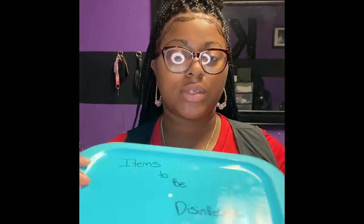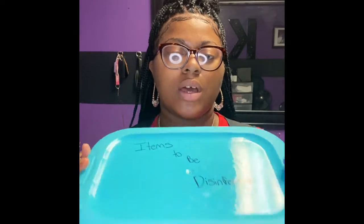And then basically what I would do is, as you can see, it says items to be disinfected. So I will take all the instruments that I used today on my client and put those in here. And what I'm going to do is disinfect it. I'm going to put this in soapy, lukewarm water. And I'm going to clean it with a brush, get all the debris and dry particles on it off. Once that, I'm going to clean it, and then I am going to, like I said, use an EPA registered